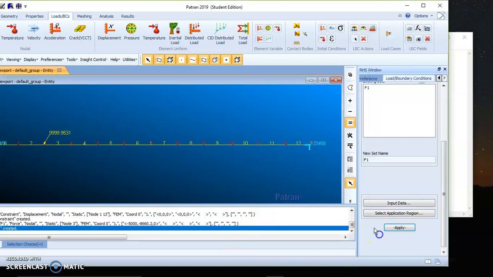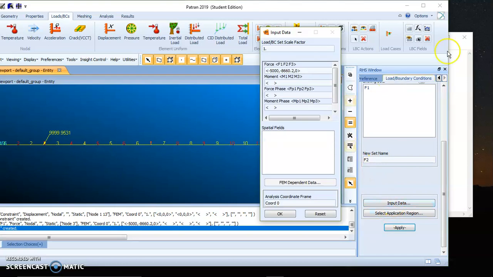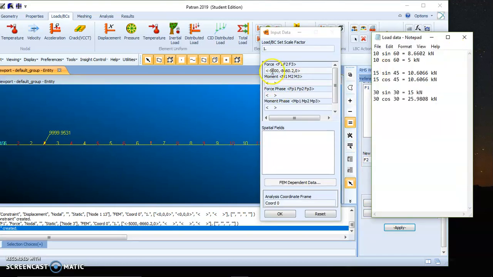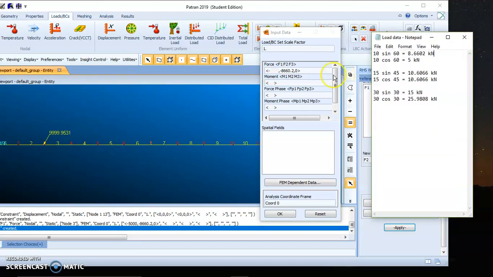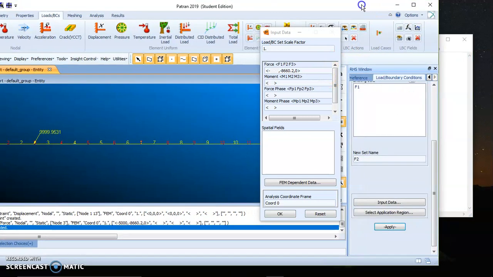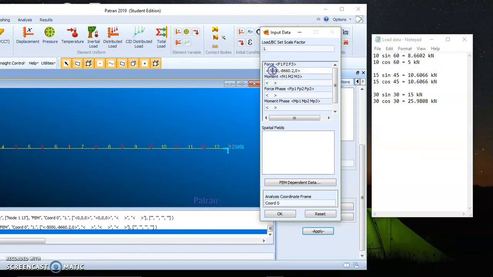Then the second force, F2. Input data will change. What are the values I have? I have the same values: 10,606.6 and a similar value for the second also, 10,606.6.